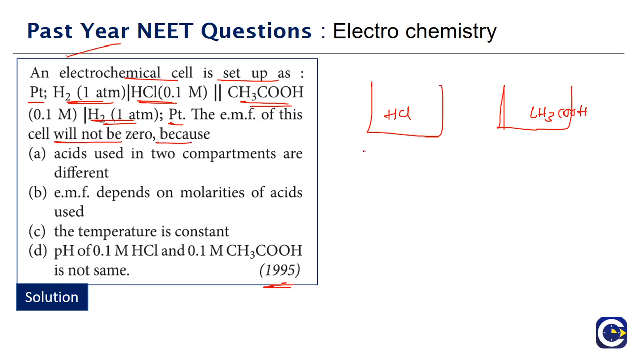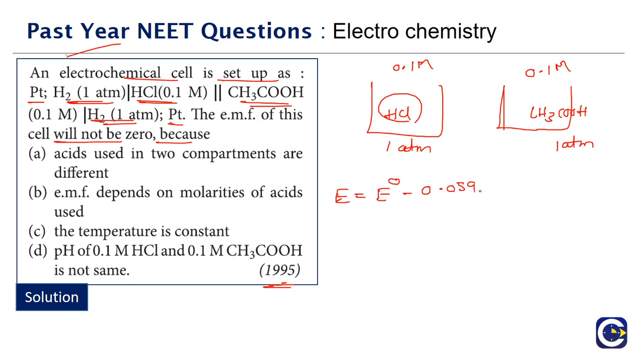Generally what we see, if the concentration of HCl here is 0.1 molar, here also what is the concentration of CH3COOH? 0.1 molar. Okay, and what is the pressure of H2 here? 1 atm. So what is the electrode, the hydrogen electrode E value? E value will be E naught minus